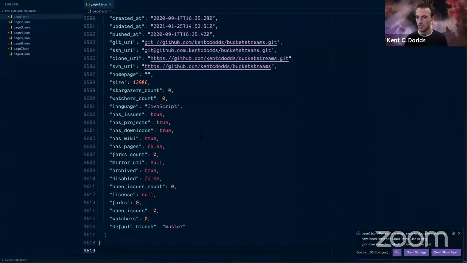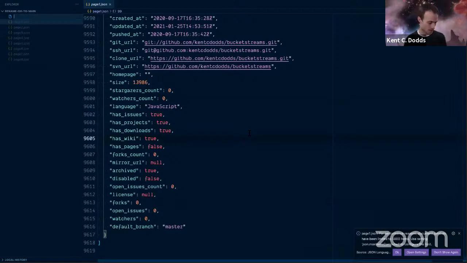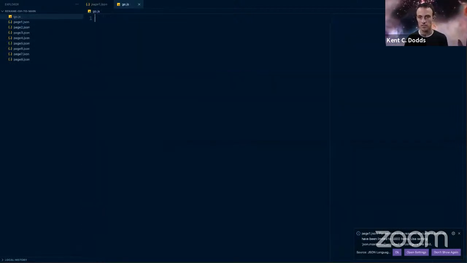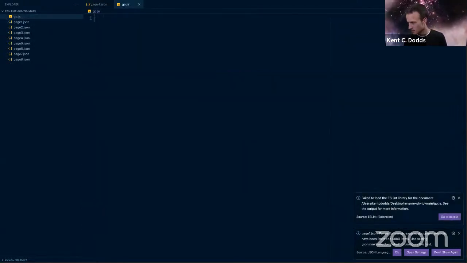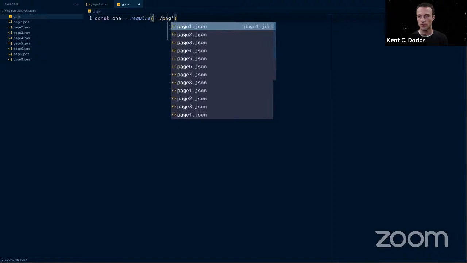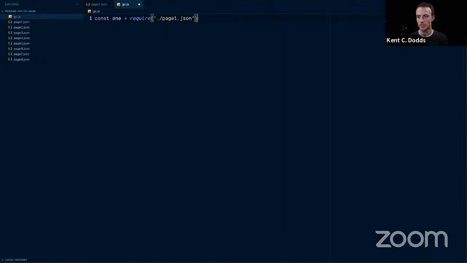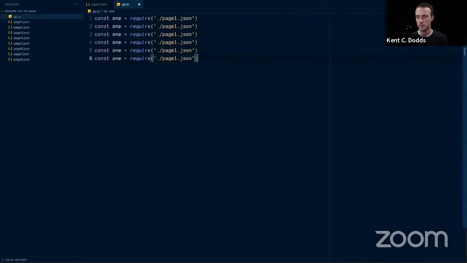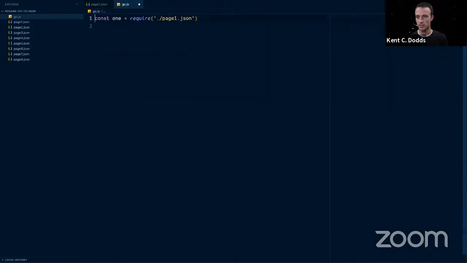All right, sweet. So now let's just do a little node script here, go.js. Haha, because it's Go, but it's not actually Go. Okay, anyway, we're gonna go page 1 JSON. Here, actually, let's just do this. We don't need it to be labeled. So we've got